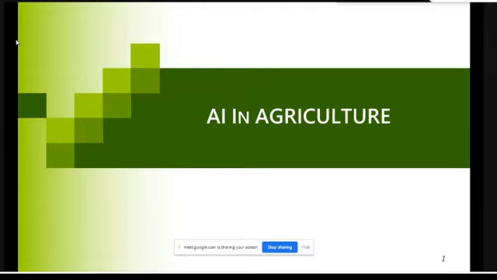Based on this, how do we implement leaf disease detection in deep learning? Deep learning is able to learn features without human supervision, drawing on data that is unstructured or unlabeled. Deep learning, a form of machine learning, can be useful to detect leaf diseases using this hands-on. So now I share my screen.